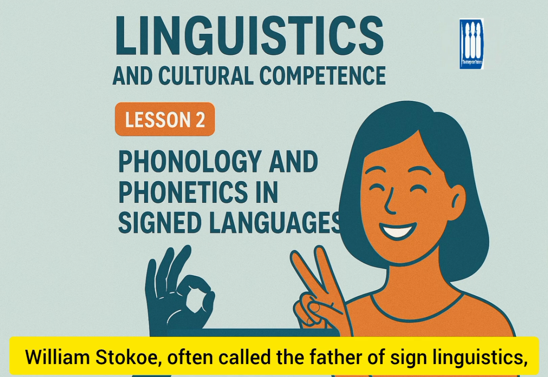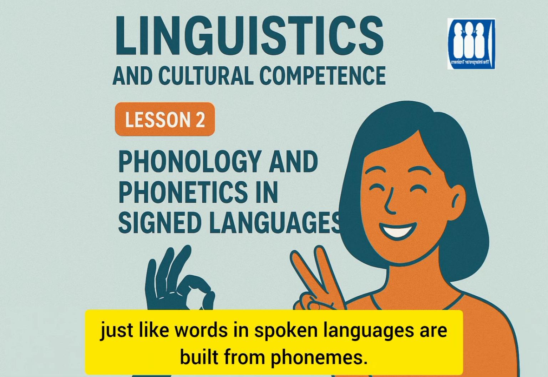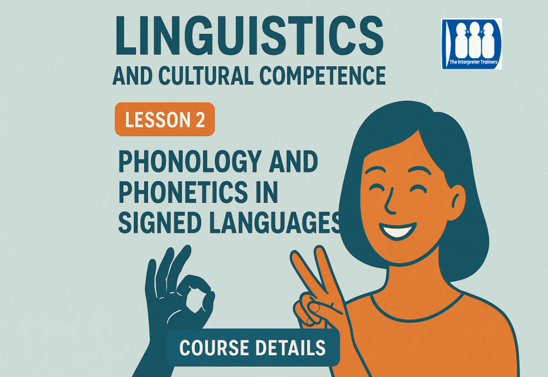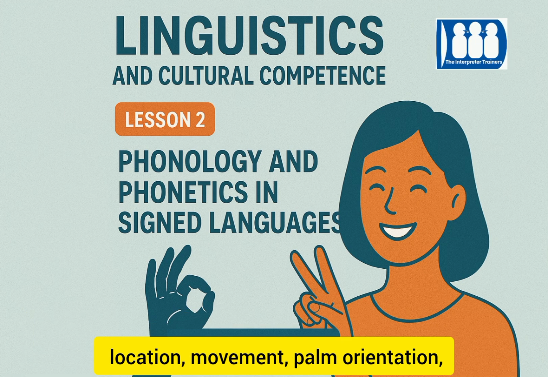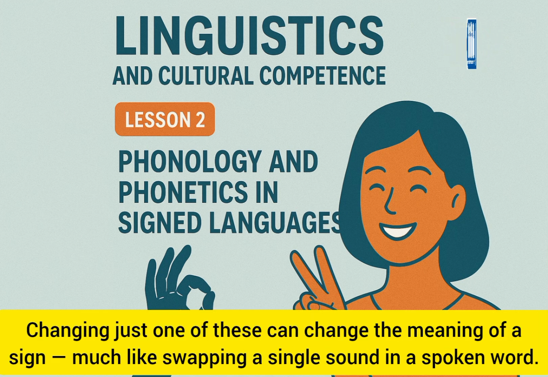William Stokoe, often called the father of sign linguistics, showed in the 1960s that American Sign Language, ASL, signs could be broken down into smaller units, just like words in spoken languages are built from phonemes. For sign languages, these visual phonemes include 5 key parameters: hand shape, location, movement, palm orientation, and non-manual markers like facial expressions. Changing just one of these can change the meaning of a sign, much like swapping a single sound